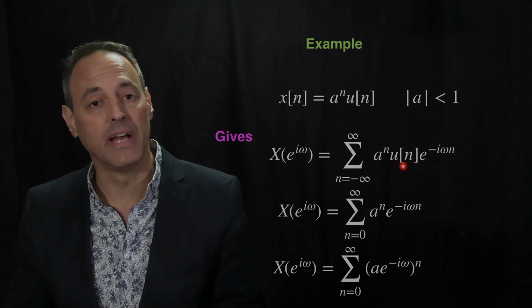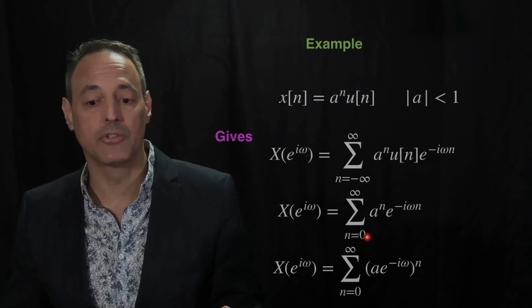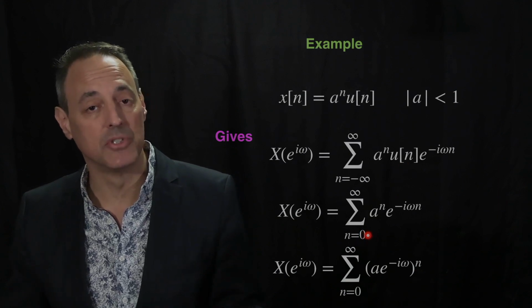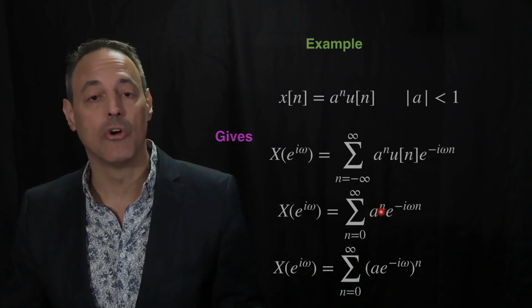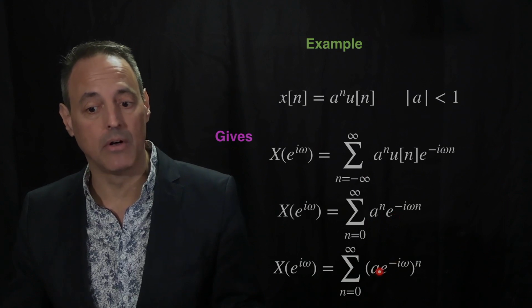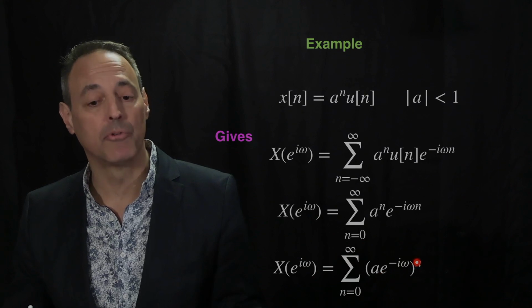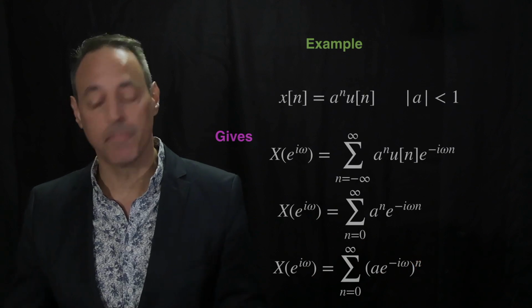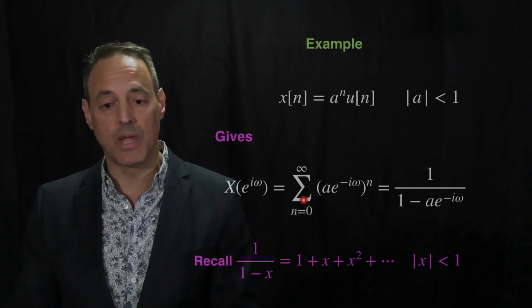But notice u of n is 0 until n equals 0. Then this is 1. So I can just replace this by a sum from 0 to infinity of a^n e^(-i omega n). Notice that this is to the nth power, and this is to the nth power. I can pull it out and have this common representation where the two terms are together, both to the nth power. So this is the manipulation we do, and this helps us because now